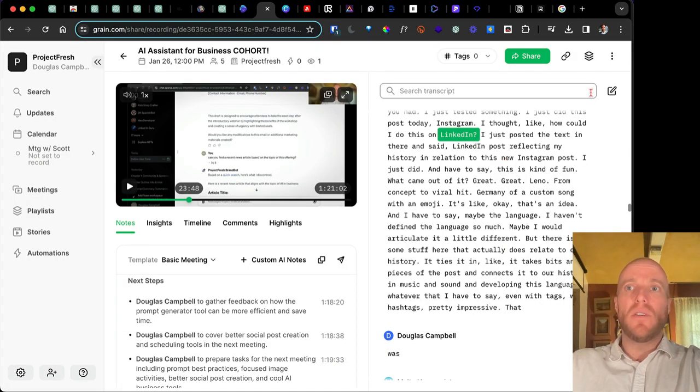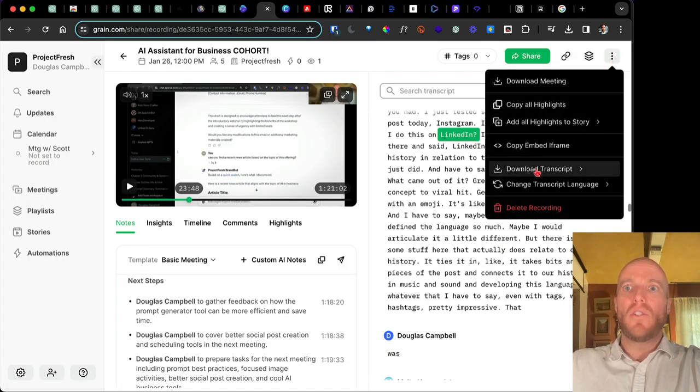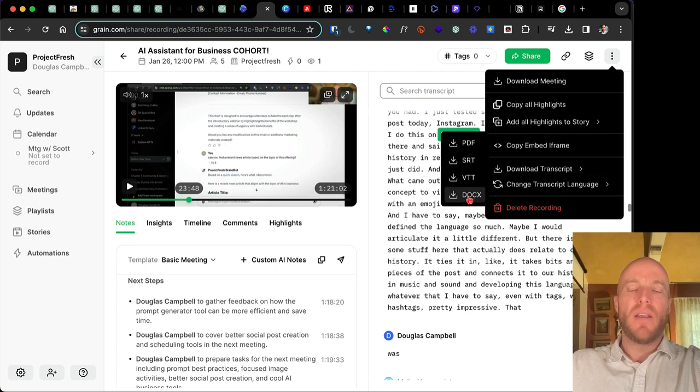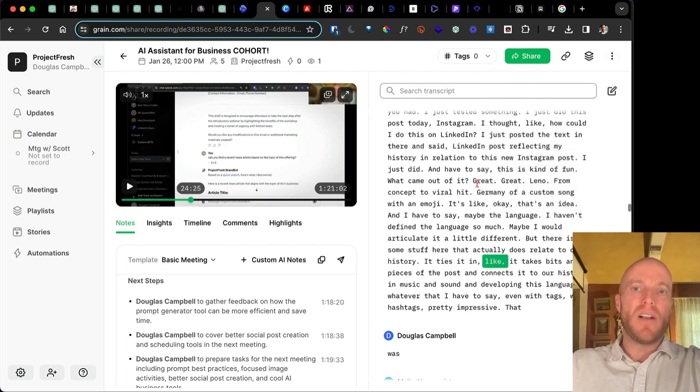Well, you know what else you can do is you can download just the transcript as a document and then copy and paste this entire text. I do this all the time with clients. You copy the entire text of the transcript into a new version of ChatGPT, and then you can actually chat with it. I bet you it's probably a little bit more robust than the built-in Grain recording tool. So that's pretty neat.